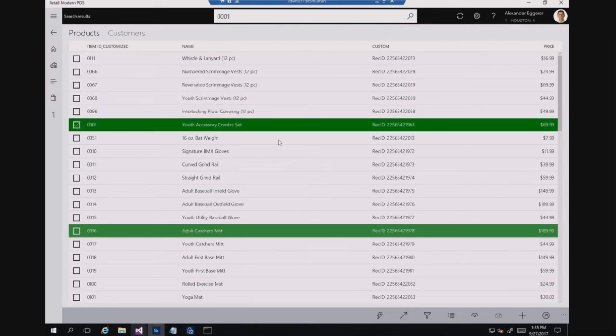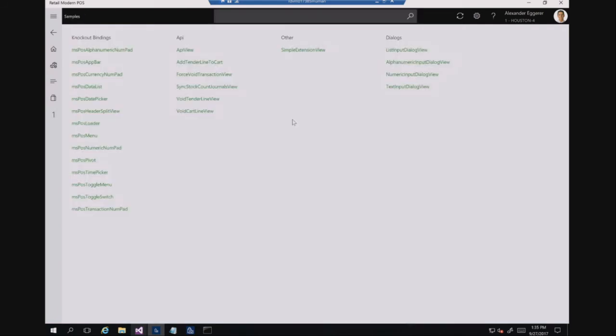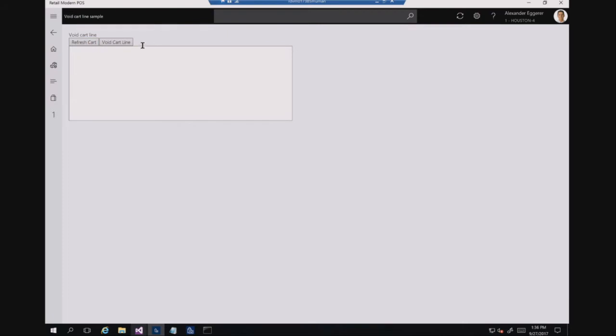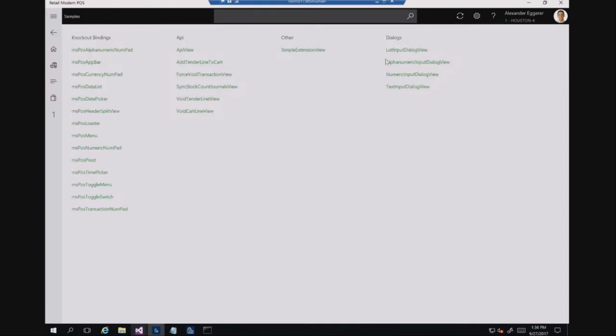So we added a sample extension view screen here. Basically, this is just like in the sample you will see it. This has all our APIs, some of our sample APIs, and all our controls and everything. It will show you, hey, if I want to use the void cart line API from your extension to void a line, what is the logic to void a cart line? We'll have written the sample code here. Okay, this is the code you should write. So for all our APIs, we have put a sample in this page.